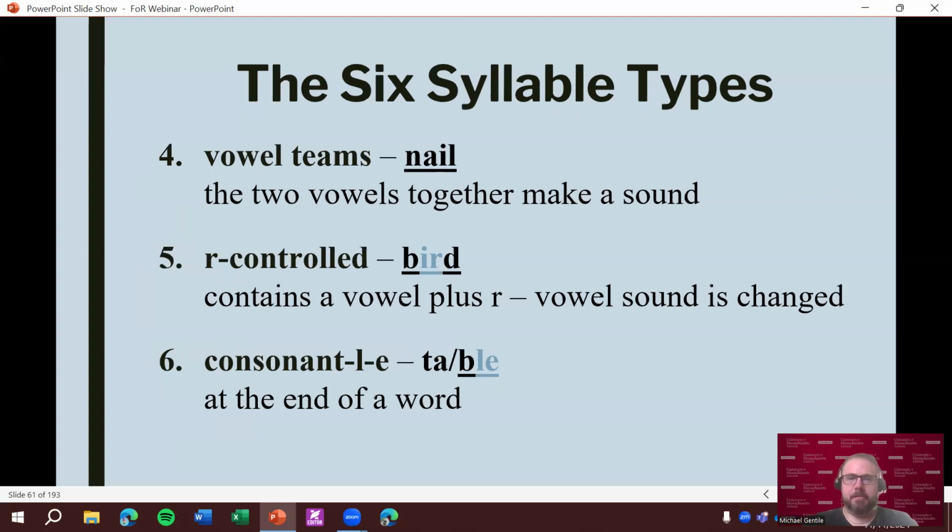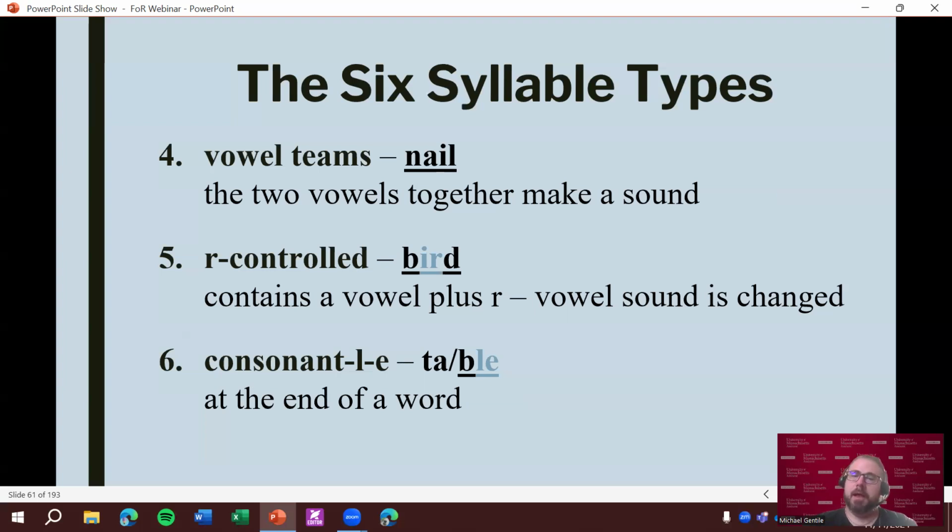Vowel teams are when we have two vowels that make a sound together. This is commonly called vowel teams, and MTEL will call them vowel teams. But different language description programs will call these different things. You should just know that there's a little bit of variability in this, but what it comes down to is these are all, like I said in the last video, vowel digraphs where we have vowels coming together to make one single sound. So in this syllable word example right here, we have AI says A, and that is a